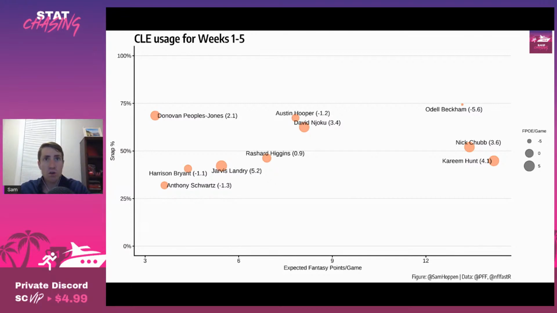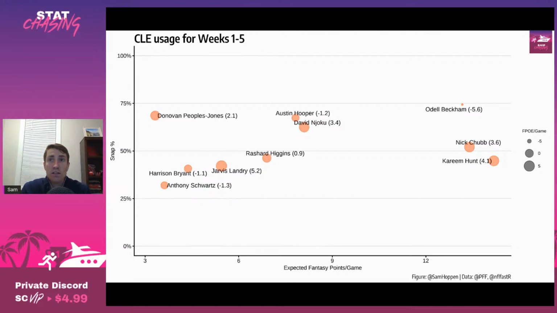As far as the running backs, this is a split backfield. You see them on the chart neck and neck with each other as far as snap percentage and expected fantasy points per game. Nick Chubb has yet to play more than 60% of the team's snaps in a single game. He's been below 50% in 2 of 5 games, but that shouldn't be a surprise because it was and always will be a large part of the case against him.